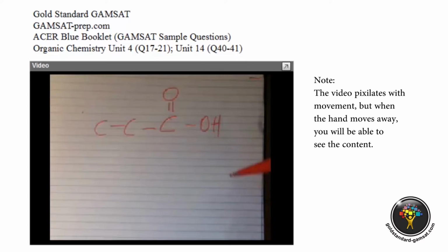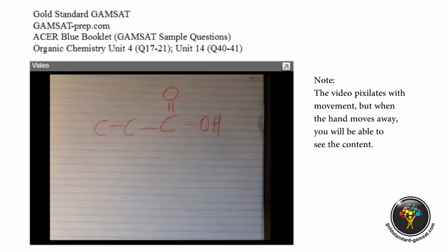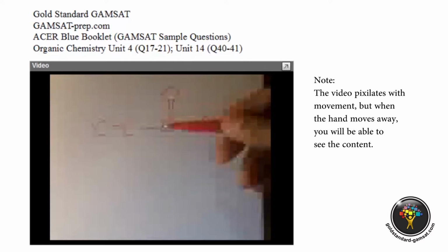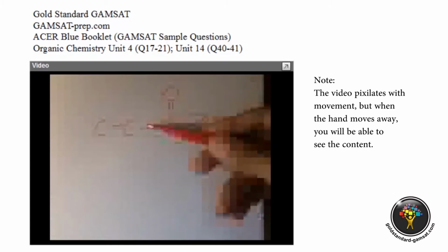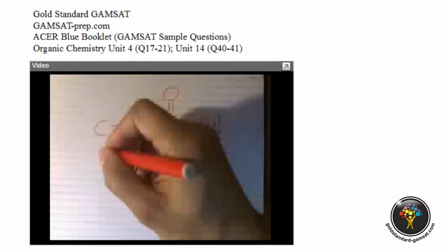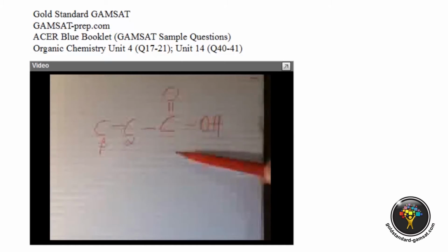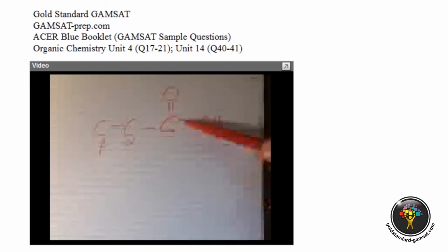In organic chemistry, when we talk about organic acids, it refers to this functional group, which is the carboxylic acid functional group, because this is the most important organic acid. And so whenever there's a carbonyl group, the second carbon is called the alpha carbon, and the next carbon next to it is the beta carbon. Now I want you to notice the irony of this, and that is that the functional group, carboxylic acid, is carbon 1, because this is the most important functional group that would be there